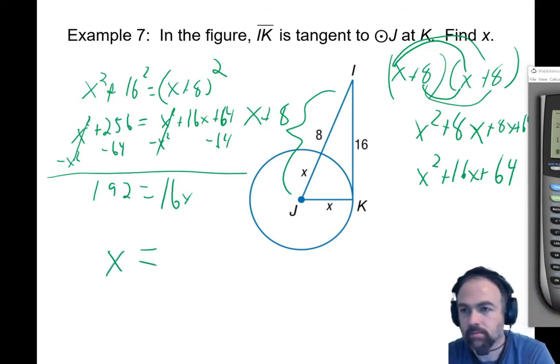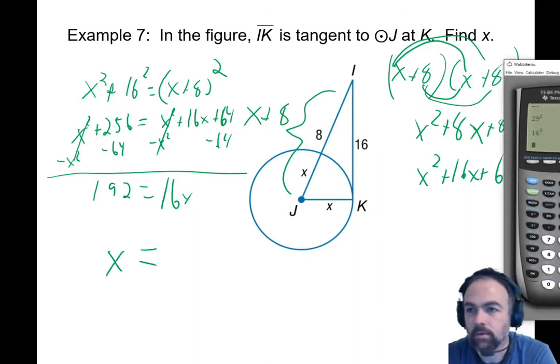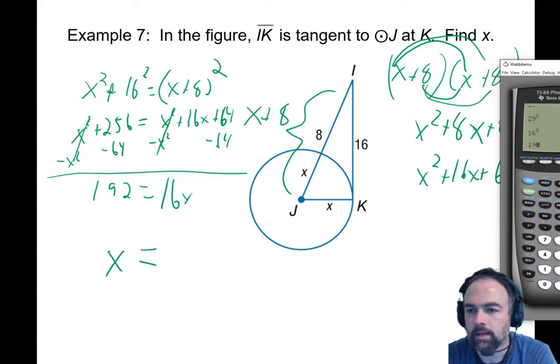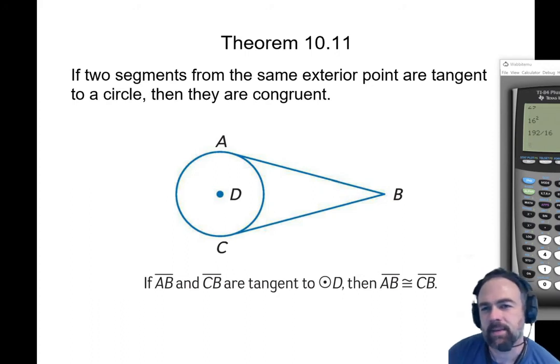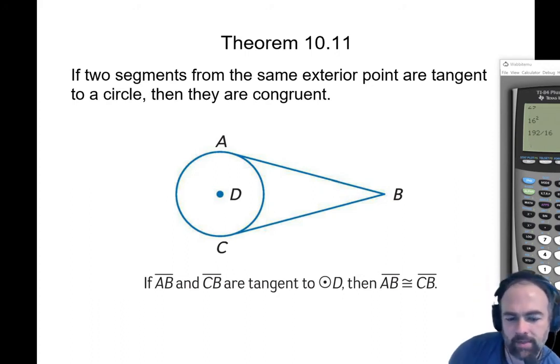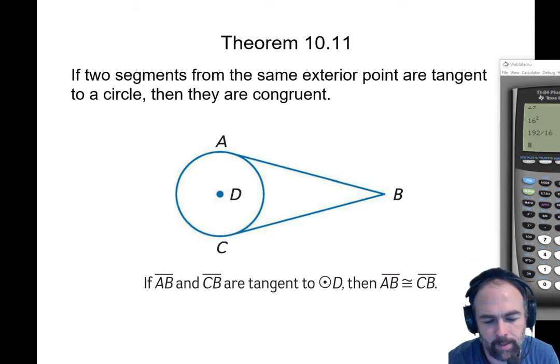X equals 192 divided by 16, 12. X equals 12. Okay, if two segments from the same exterior point are tangent to a circle, then they are congruent. Here we go. We got point B outside the circle. AB is tangent, CB is tangent. That means that these two,